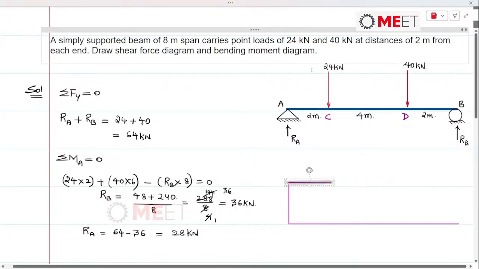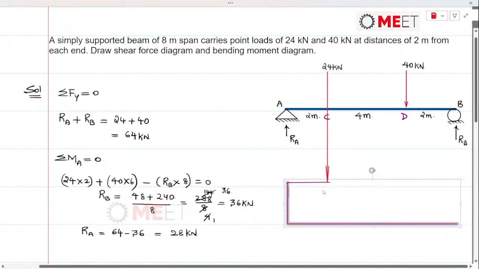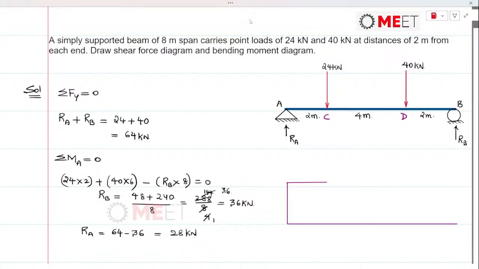So let me just extend the point C so that this will be up till C, and from here onwards the shear force is going to drop to 4 kilonewtons,